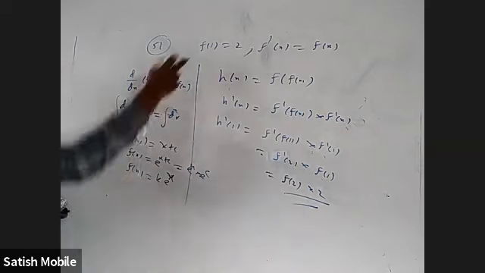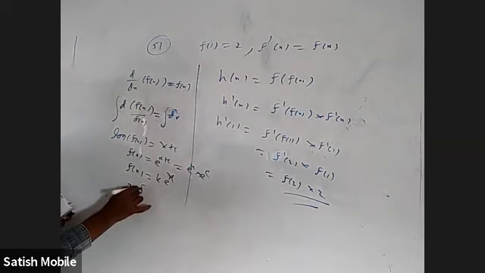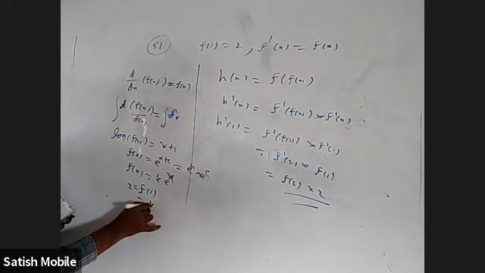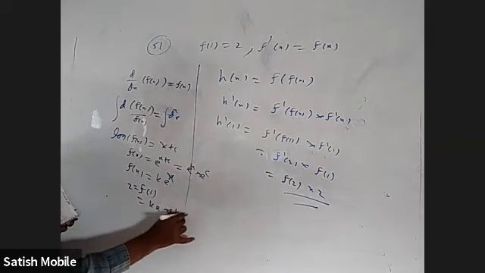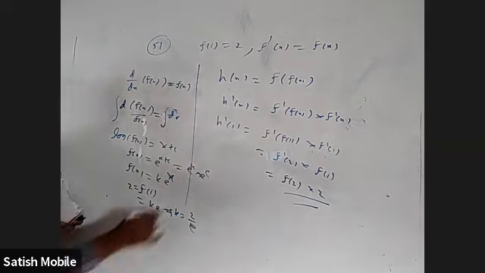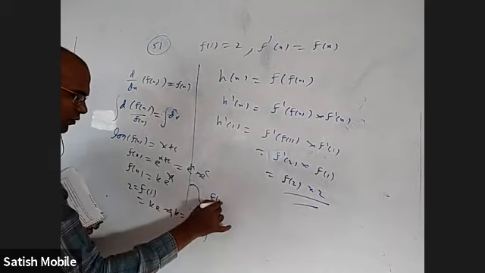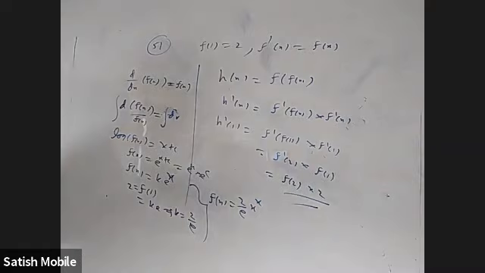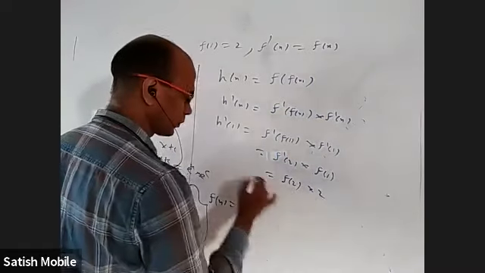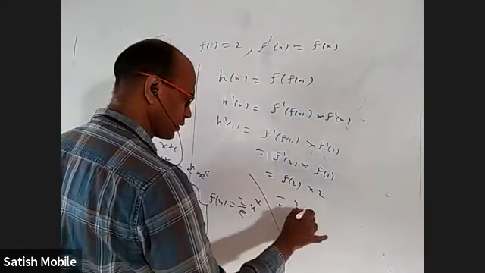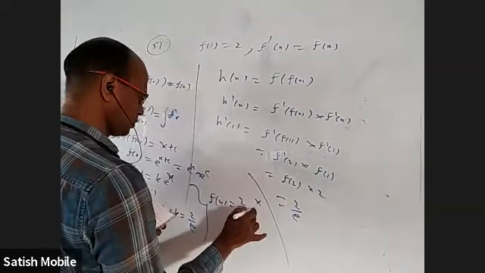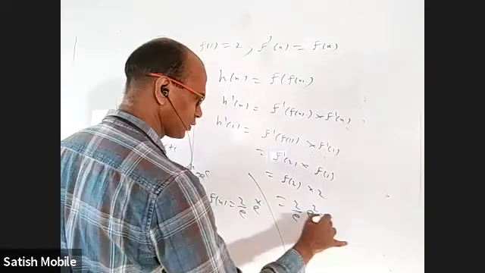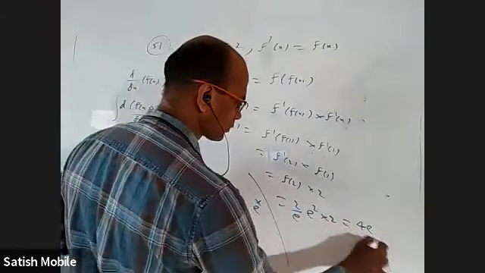How to know the constant? They gave f of 1 is 2. So 2 is f of 1, that is k into e. So k will come 2 by e. So based on this, your f of x is 2 by e into e power x. So now what is f of 2? 2 by e into this e power x, right? So e square into 2 by e. That is 2e.